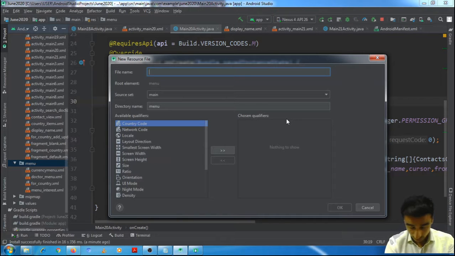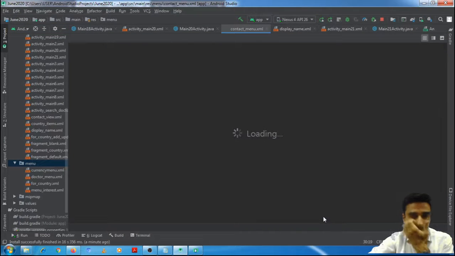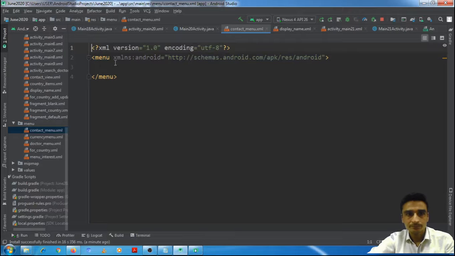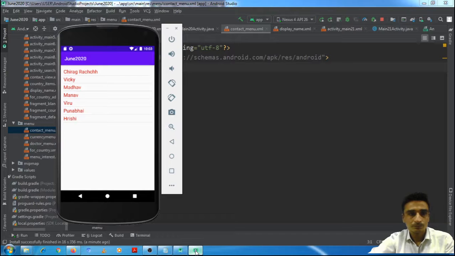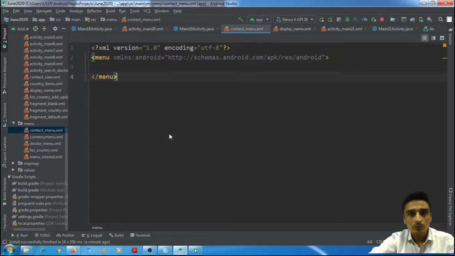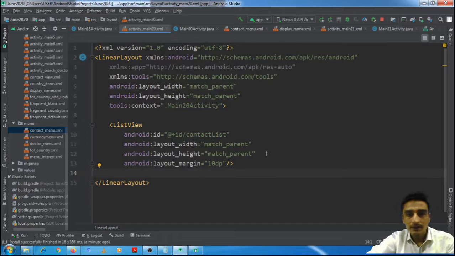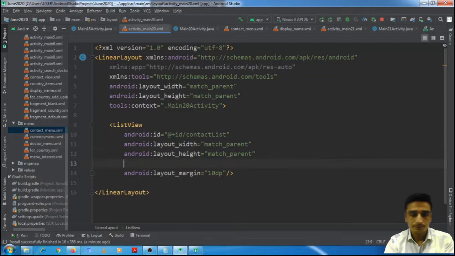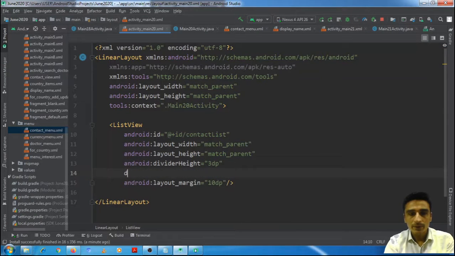Here what will we do? Contact underscore menu. In the list view, if we want to put a divider, we can define it: divider height 3 dp.